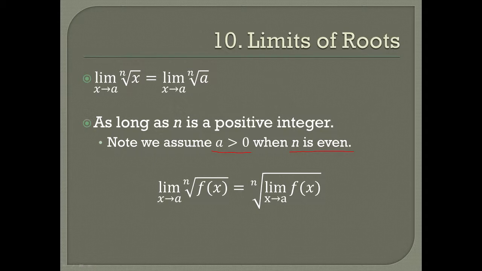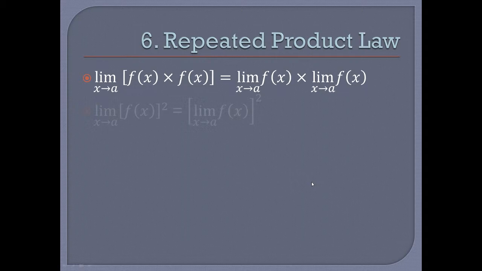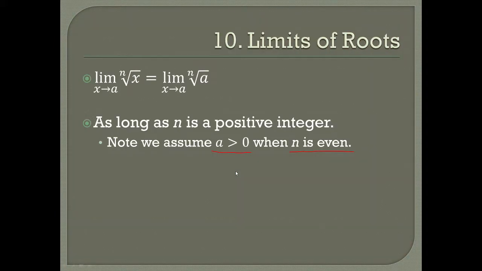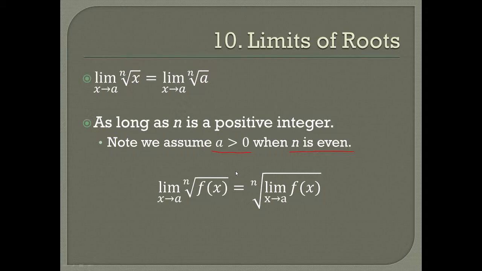Okay. And this really is just a consequence of rule what rule? Rule 6, the repeated product rule, because an nth index radical is really just the fractional exponent, and if we can do this with the exponent, as mentioned way back in the beginning, if we can take the exponent outside the limit, then we can do the same thing with this one. So this one's kind of a special case of rule 6. Alright, so there we've got 10 rules for